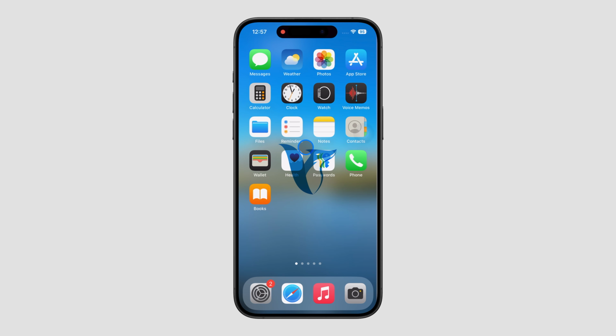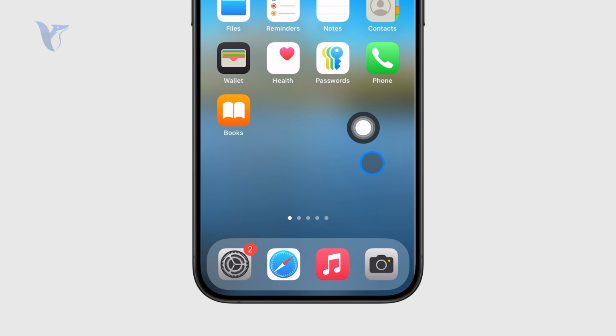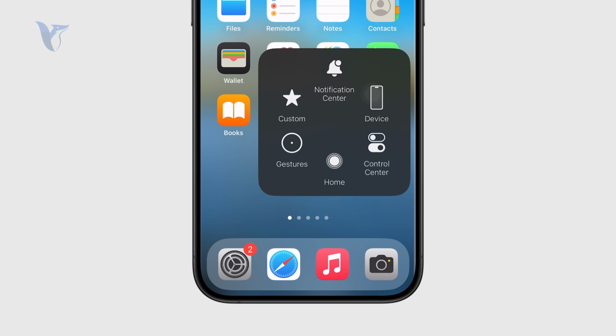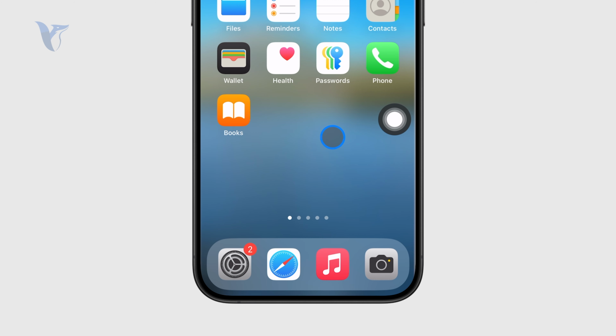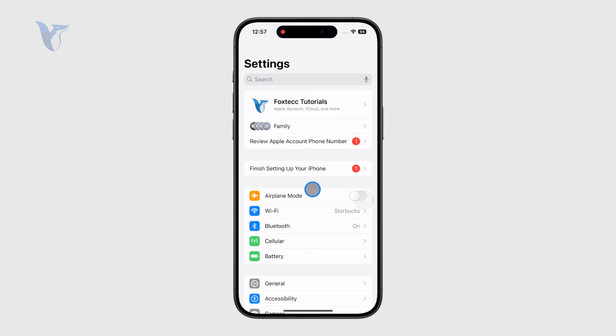Now let's talk about how you can set the navigation button on the iPhone. Let's get started. There might be some things which you are probably aware of, like there is a floating button like this, which you can go ahead and customize to make it a navigation button. It's going to make some things easier and you don't have to use gestures, for example, or other